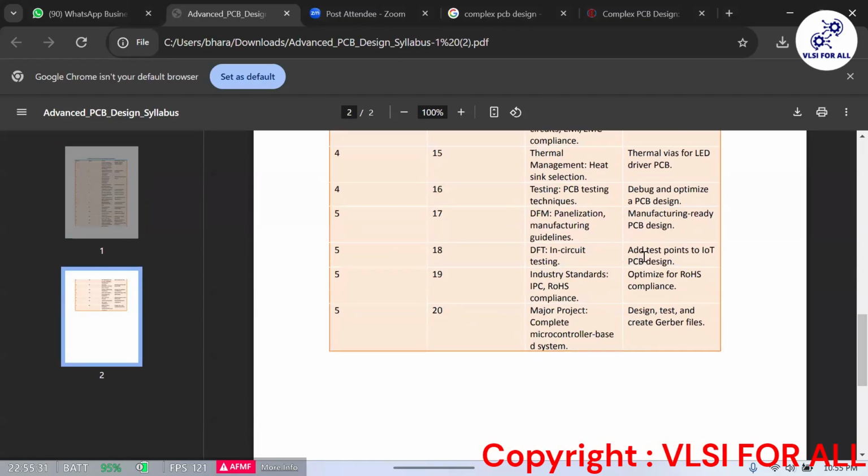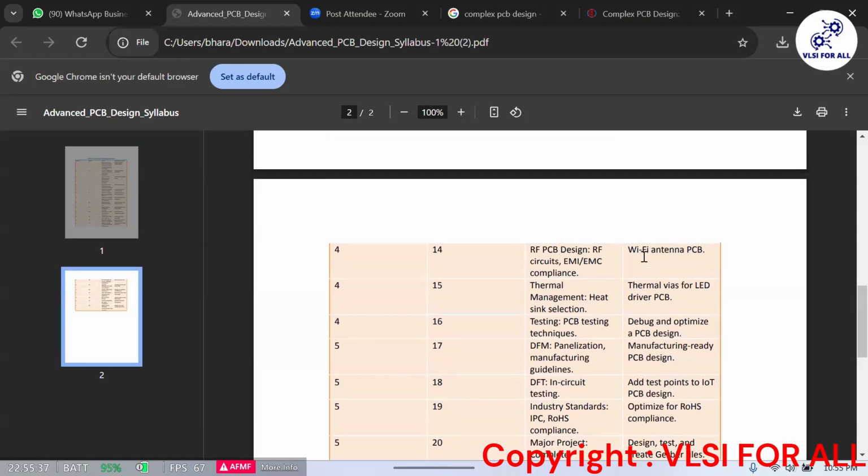At the end, the complex one we will make is an Arduino board. Arduino PCB, because a Raspberry Pi PCB we can make or BeagleBone we can do, but it will take a lot of time to make. So that much time neither you have, nor we have to align, because it's a 5 months program. So Arduino Uno in the last we will make, or the ESP8266 or ESP32.